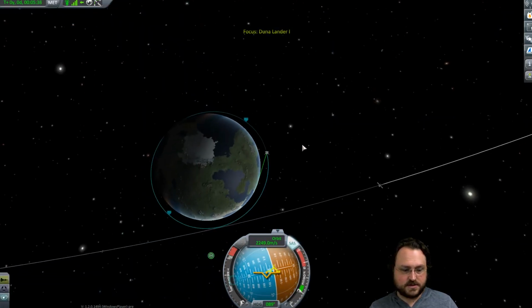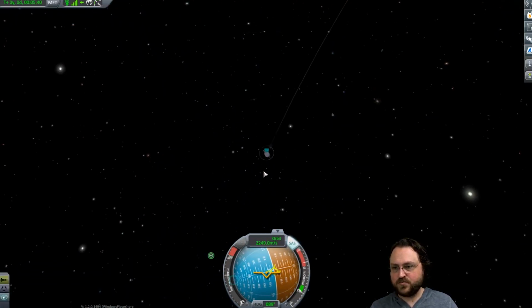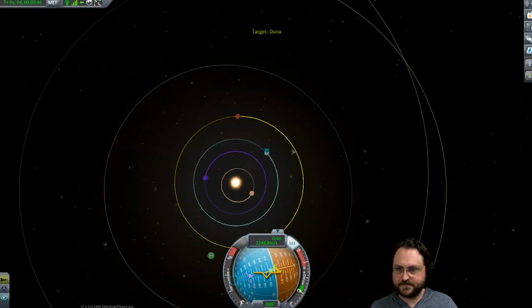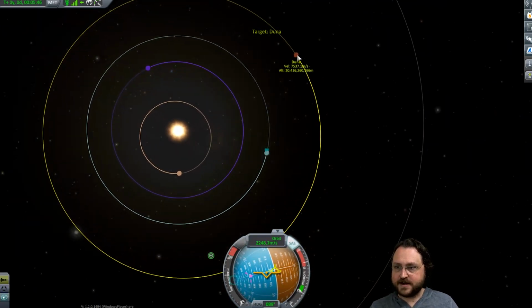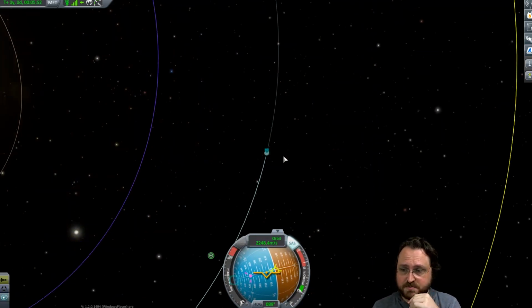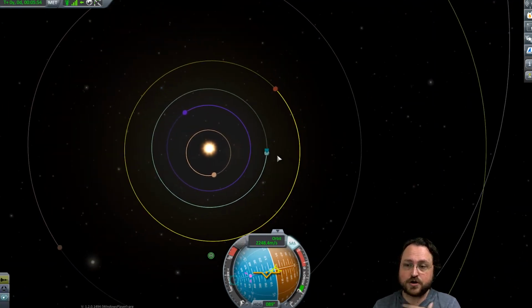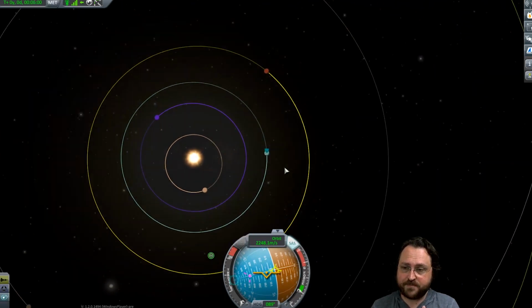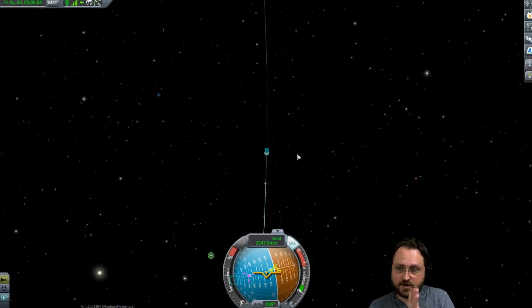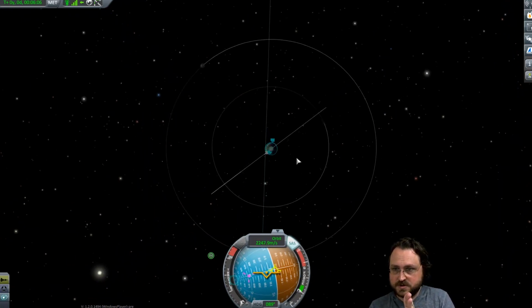Okay, great stuff. Now, what are we looking to do? Well, we're looking to go to Duna, which is over there. To do that, we have to push ourselves into a higher orbit. We're burning prograde, which means relative to Kerbin. If we were the planet, we'd want to burn prograde to smash into Duna. So with our ship, we want to leave going forward in the direction of Kerbin, which means we want to start our burn